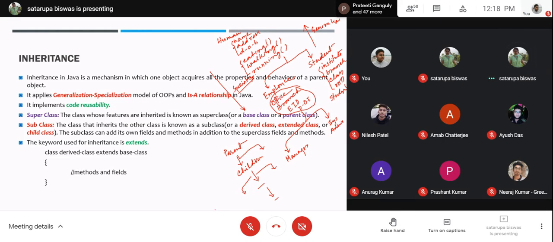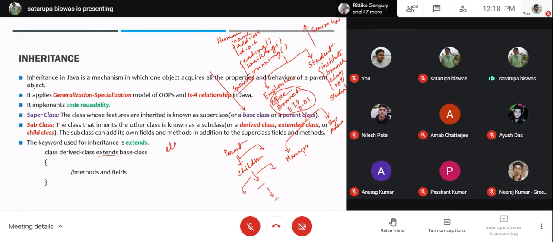The keyword we will use for inheritance is extends. Here we go: class, then the name of the derived class, then extends, then the name of the base class.